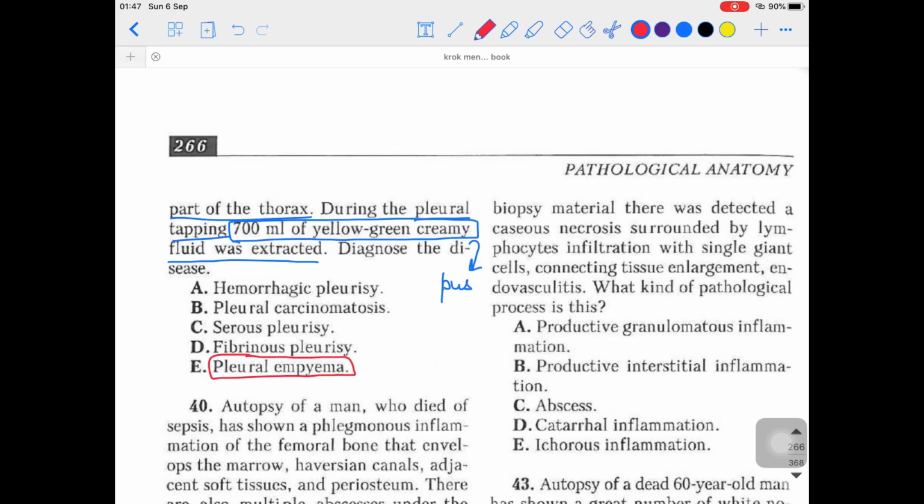So this is a type of purulent inflammation, which we all know. It is a purulent inflammation of serous membranes. What can be the locations? Empyema of the pleural cavity, as you saw, empyema of the pleura can be there. Sometimes it can involve the gallbladder, so we will say empyema of gallbladder. Sometimes it may involve the urinary bladder, empyema of urinary bladder, and some other structures might be involved there. So that is about the empyema. Hope you got the answer.